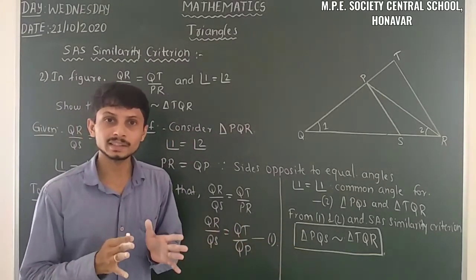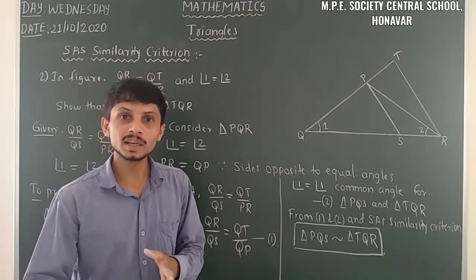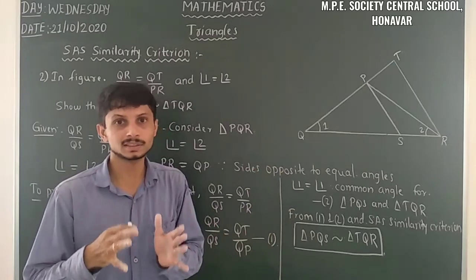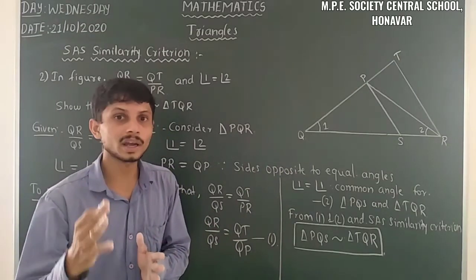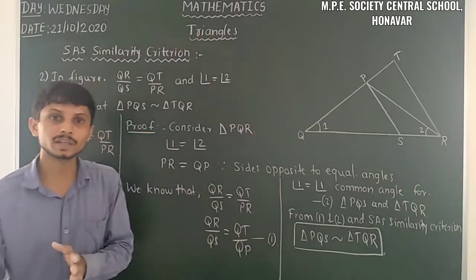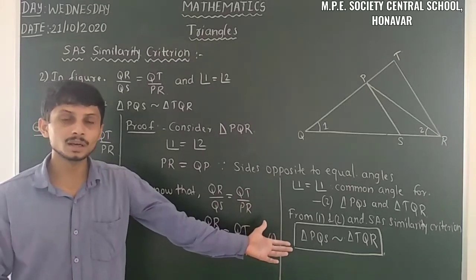That means our challenge is, firstly, we have to know the given terms. Between the given terms and the term to be proved, there are some relations. We have to identify that. So we have to plan first, and after that we have to take the right steps up to the proof.